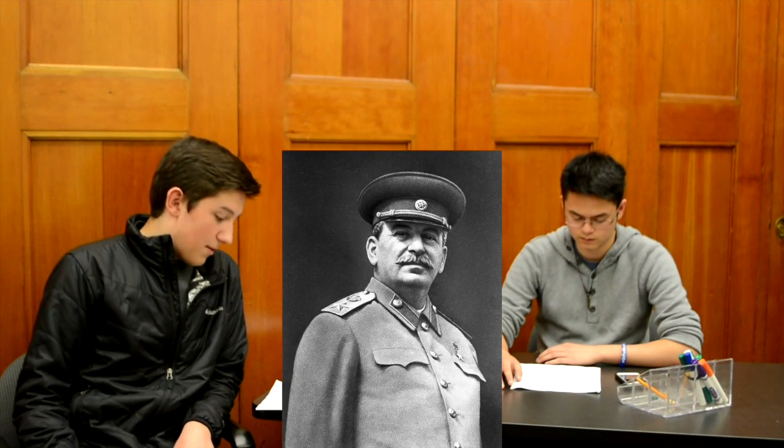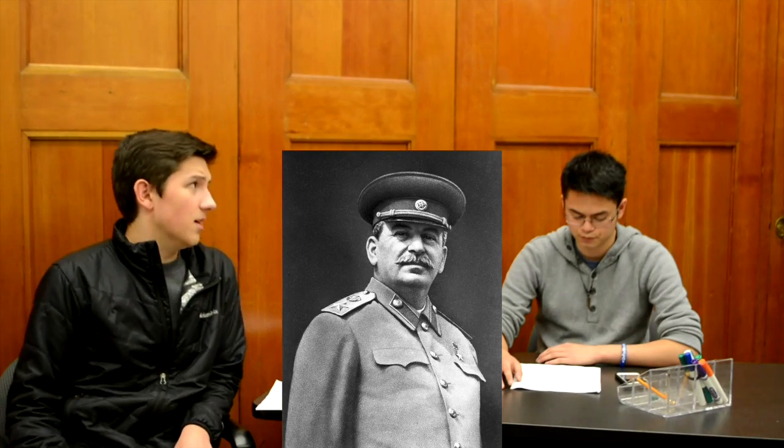Stalin killed millions of people who had opposing viewpoints to his own. Okay then, so what about the final leader of the Soviet Union, Mikhail Gorbachev? The role of Gorbachev stands in pretty stark contrast to that of Soviet leaders before him. Gorbachev spent his time in office as a reformer and a civil diplomat.